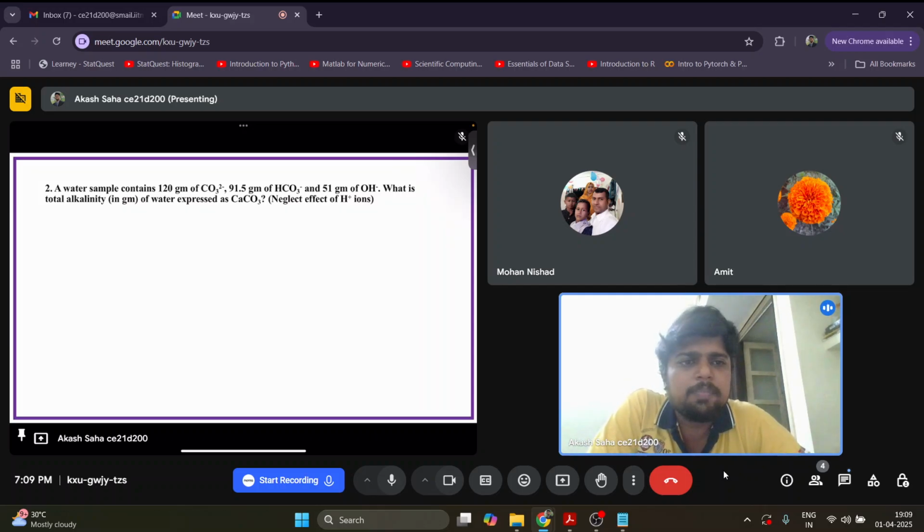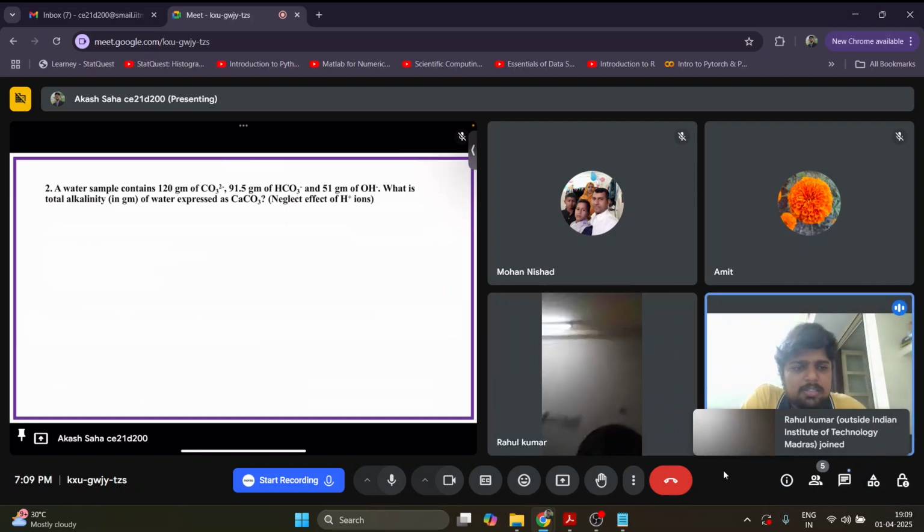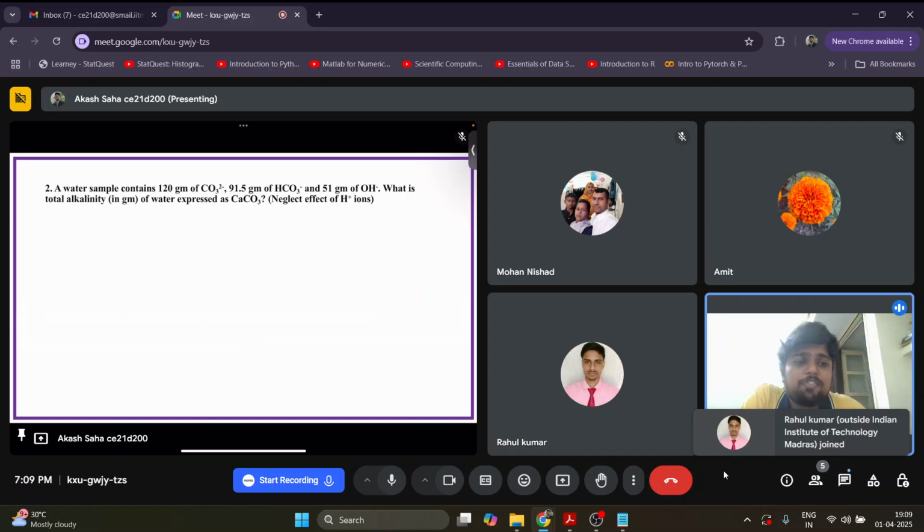So it will be the summation of all these alkalinity producing ions like carbonate, bicarbonate, and OH minus, and then subtract the H plus ion concentration. In this question, they are saying that there is no H plus ions, so you can neglect it. Because if we are considering the H plus ions, the pH of the system, then the alkalinity will be reduced. Very minutely maybe, but it will be in a decreased form. So that's why we have to neglect it. Now the next question is,